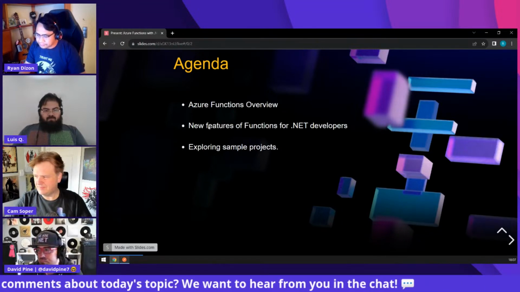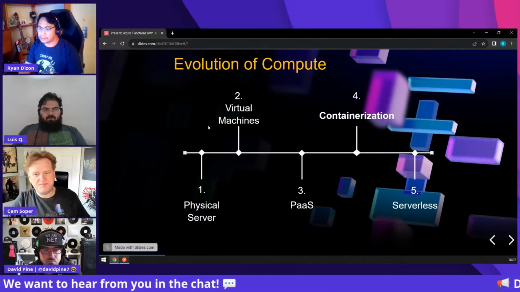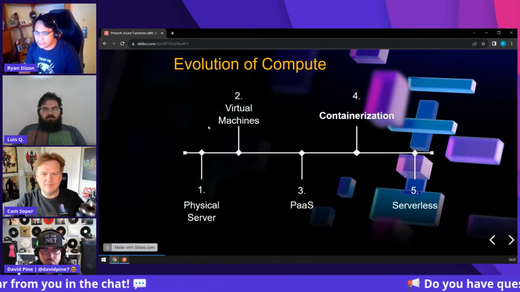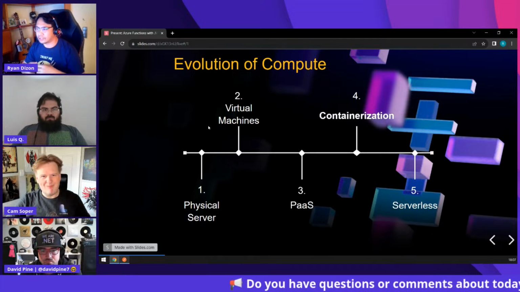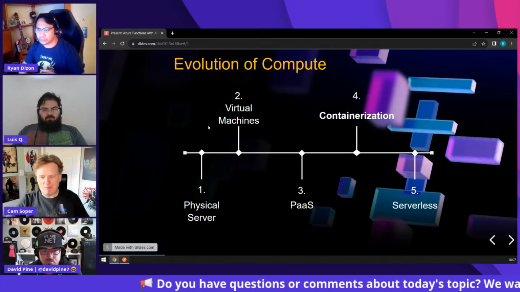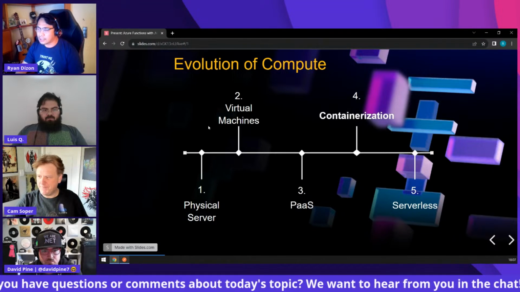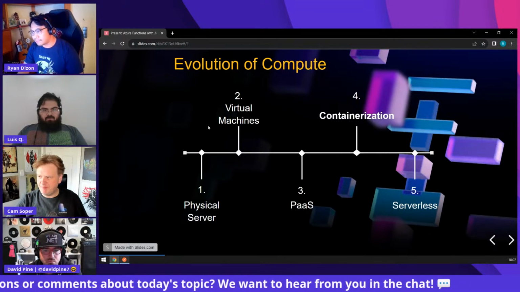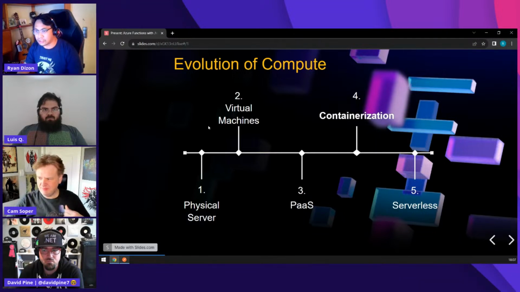Let's go. If we talk about Azure Functions, I can't go further if I don't speak about serverless, which is really just a continuation of a trend that's been going in the cloud to help development teams stop focusing on certain pieces of infrastructure that may not be unique to your platform or some other important parts of your project.